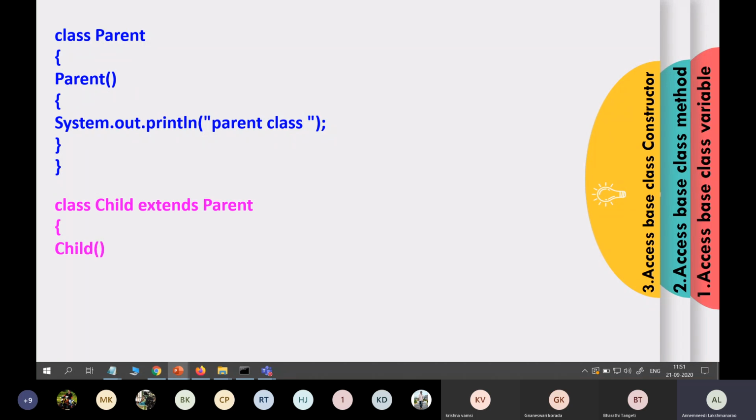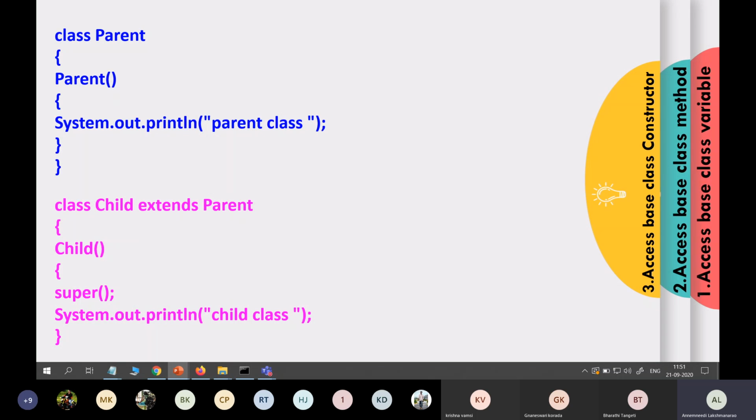Now the child class constructor. The child class constructor also starts with the child class name. So simply we use super as a function. Here there is no need to use dot. For accessing a variable we use super dot a. For accessing a method we use super dot display. But here simply use super, and you use parentheses. See, this is nothing but a function call or a method call. So this line calls the parent class constructor and it displays the parent class output here. So super is also used to call a constructor indirectly.